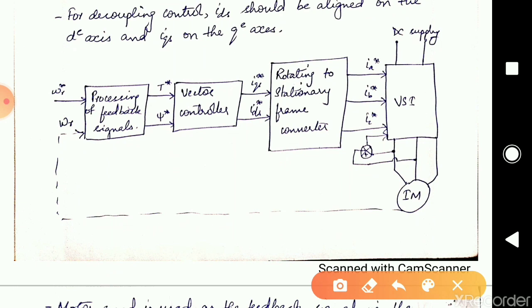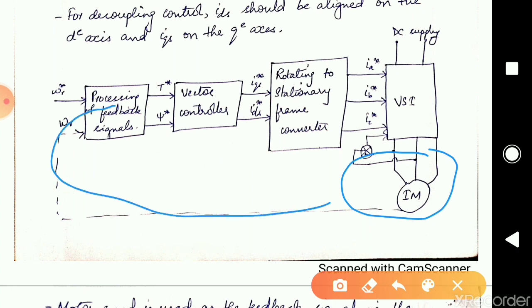In the indirect control, what we are doing is that we are not taking any parameters of the induction motor. We are not going to measure anything from the induction motor. We are just seeing that at a particular moment, we already know how the induction machine is working. So what we are going to do is that after 10 seconds, we are assuming that the induction machine will be at this position at this particular time period. That is, with our calculations, we already know this particular case, and correspondingly, you will be taking the feed forward signals and doing the particular calculations.